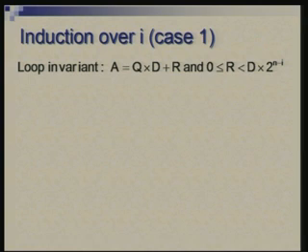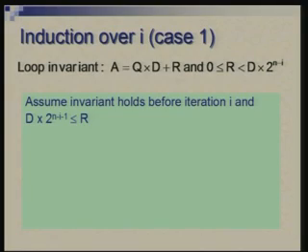Okay, so we will use mathematical induction: assume that before a particular iteration this holds, and we will show that it holds after the iteration, which means it will hold throughout. So, there will be two cases, because in the algorithm we have a condition which is being checked and the action depends upon that. So, we will take the first case. Here we assume that the invariants hold before iteration i, and we also assume this condition, d into 2 raised to power n minus i minus 1 is less than or equal to r, which means subtraction will be carried out. So, this is one case.